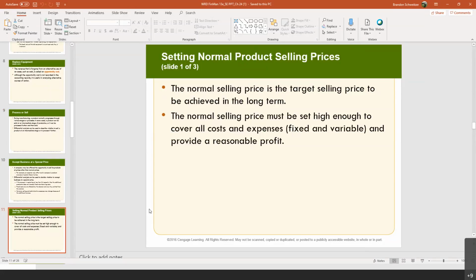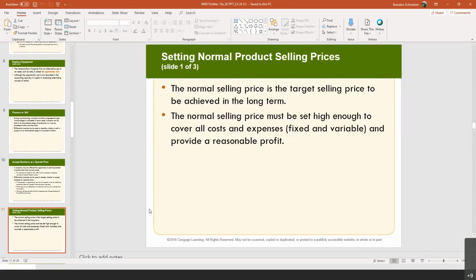The normal selling price must be set high enough to cover our costs. Of course, we need to cover our fixed and variable costs. And we also got to provide a reasonable profit. So when the banana farmer sells the bananas to the grocery store, the banana farmer, of course, needs to cover their costs of farming, right? They got to cover their fixed and variable expenses, and they also need to make a little bit of a profit. So they'll sell their bananas to the grocery store for